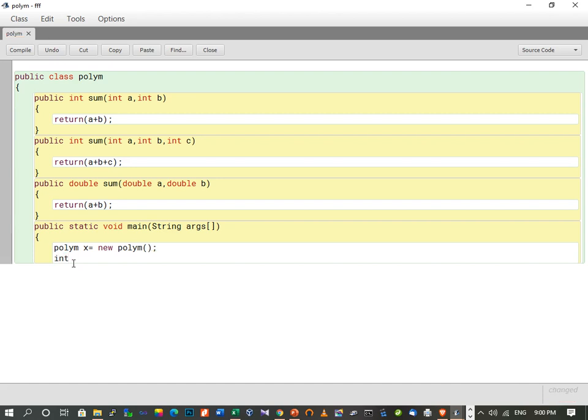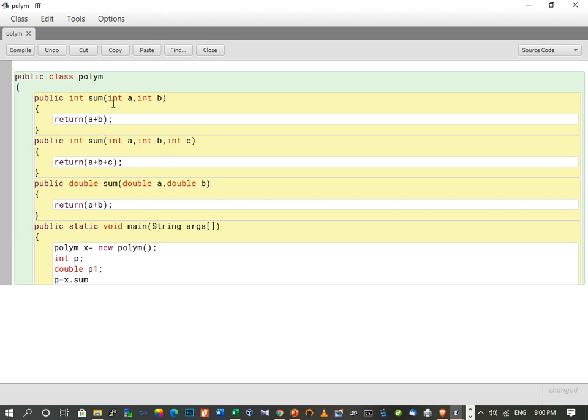Let's take some variables which will store the values of these methods. We will have to take two for integer and one double for the double data type. So we have taken p and p1. Let's now call all the methods one by one. First, p equal to x dot sum.